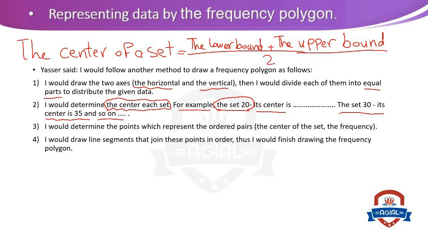So the center of a set equals the lower bound plus the upper bound, all divided by 2. So if we need to find the center of the first set, for example,